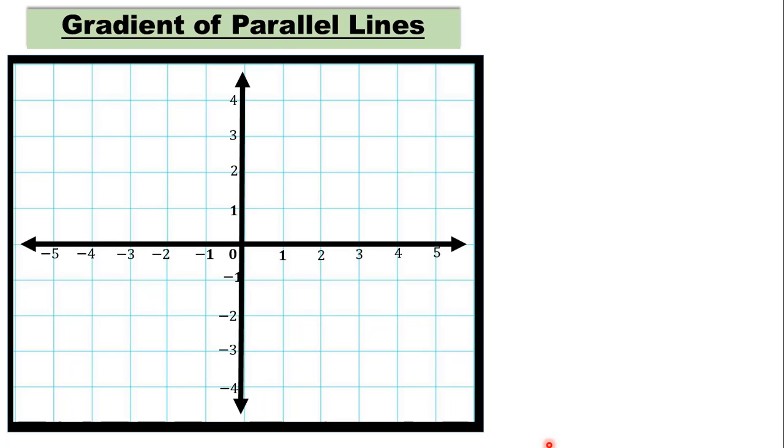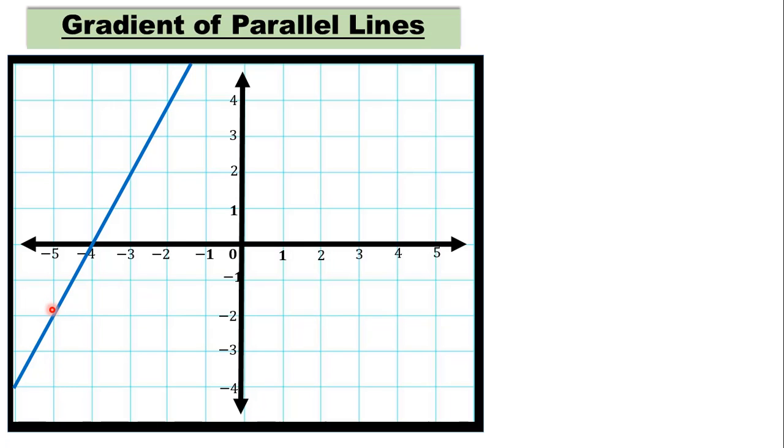which 1 centimeter on the x-axis represents 1 unit and 1 centimeter on the y-axis also represents 1 unit. Let us draw the line in this Cartesian plane. If we need to find the gradient of this line, you already know from my previous tutorial how we can come up with it. For 1 unit in the x direction, we will see how many units the line is moving in the vertical direction. For this particular line, for 1 unit in the x direction, it is moving 2 units in the